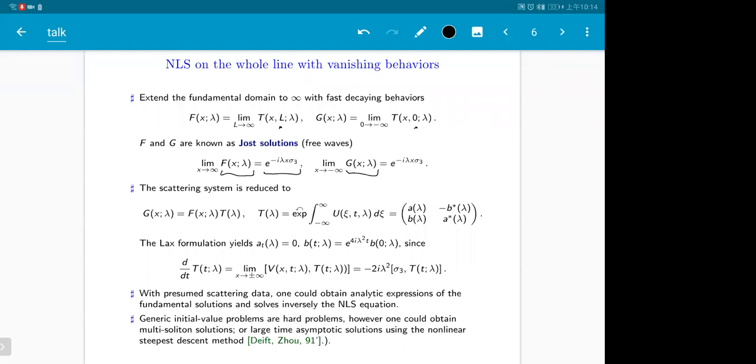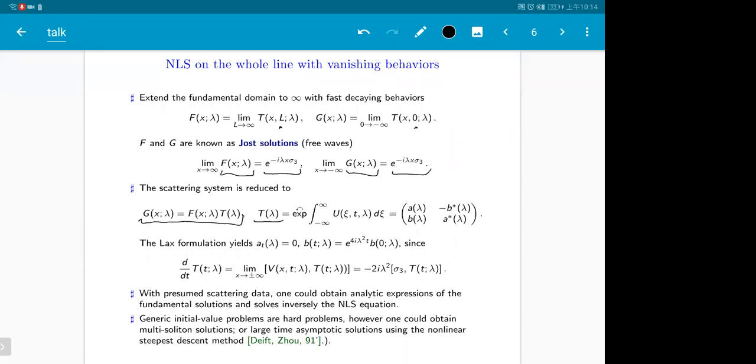They are known as the Jost solutions of free waves. Then the scattering system is inherited from the periodic problem. So we have this monodromy matrix T for the whole line problem,